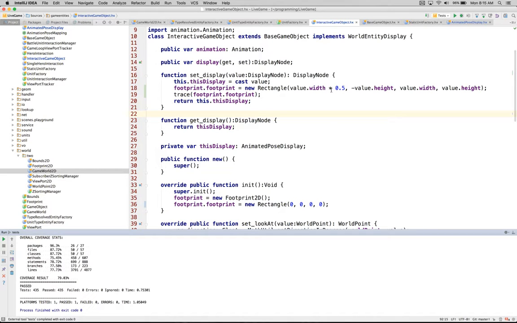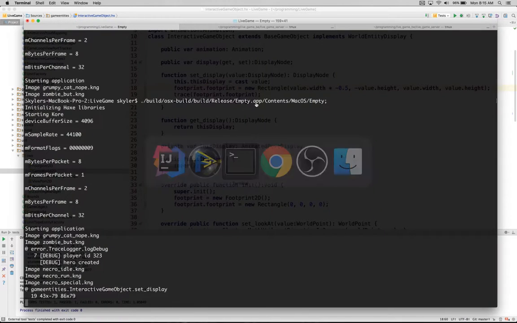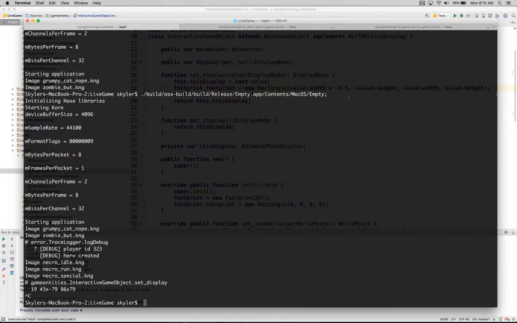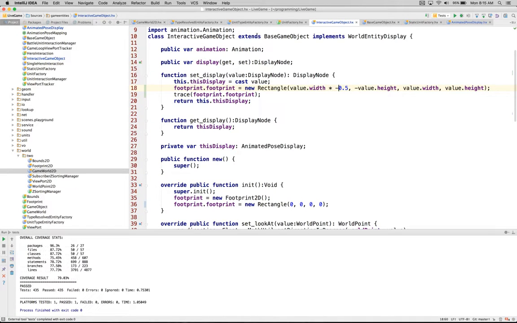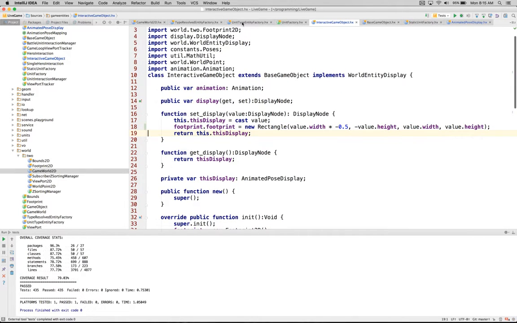So I think we need this to be negative 0.5. We need to kill that. So now, darn,